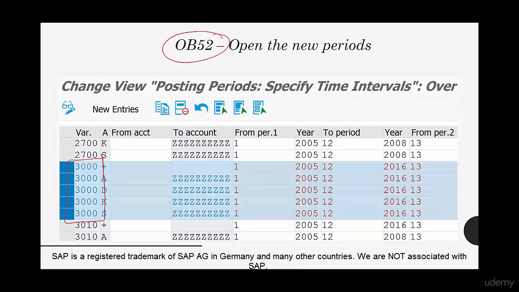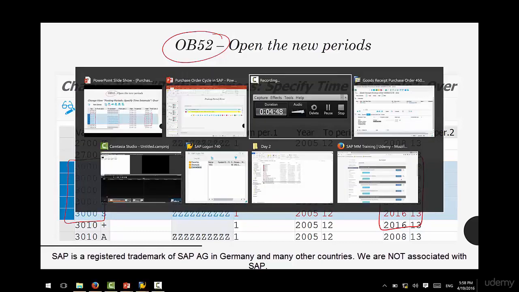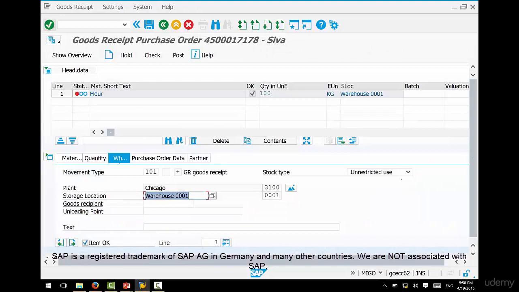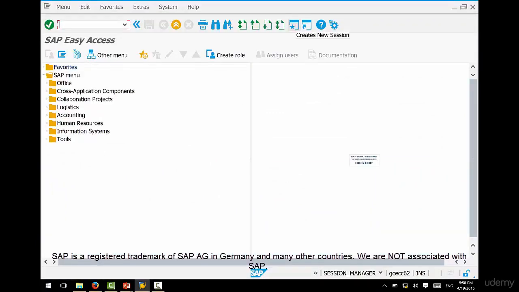When I talk about company code, it's the data that you entered in the purchase org data tab. And then for the ending year, make sure you end it in the current year. So this is 2016, so I enter 2016 here. It's really simple, I'll just show it how. So open another tab, go to OB52,